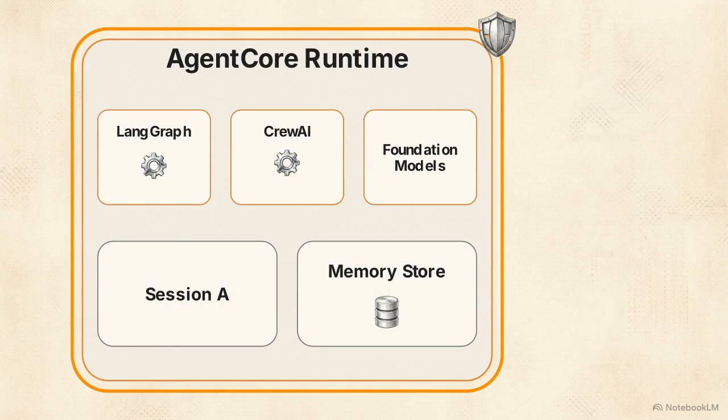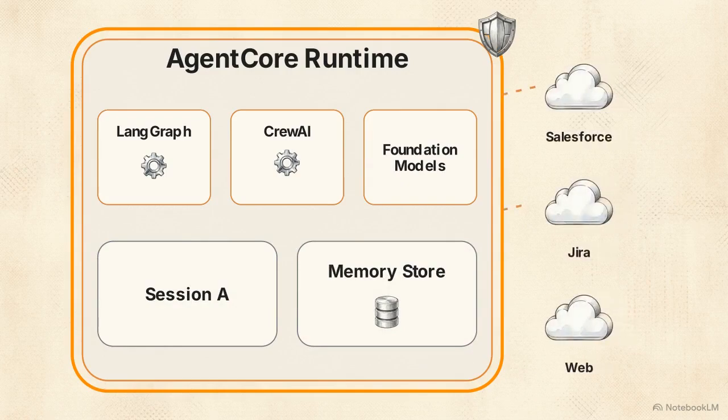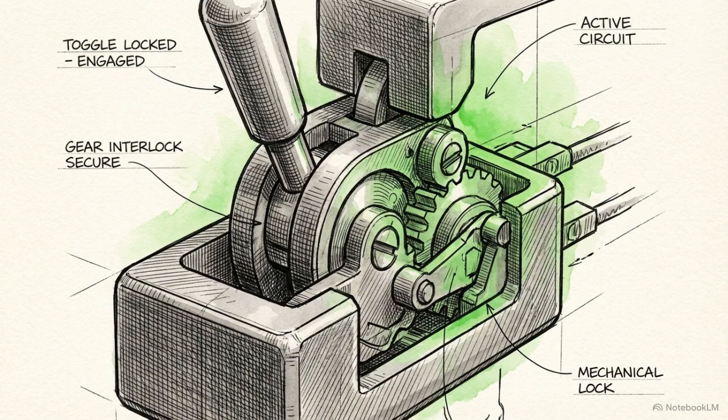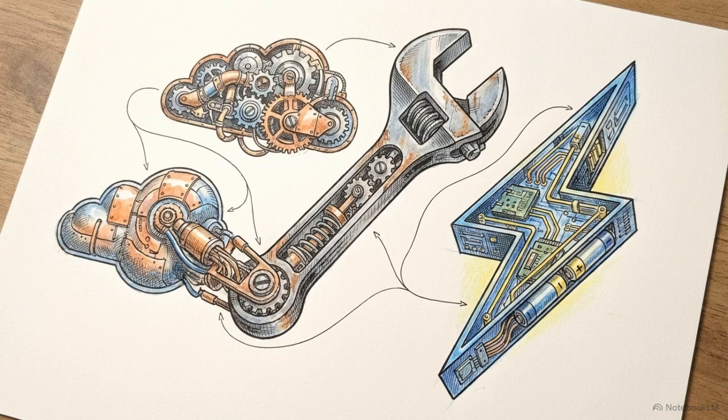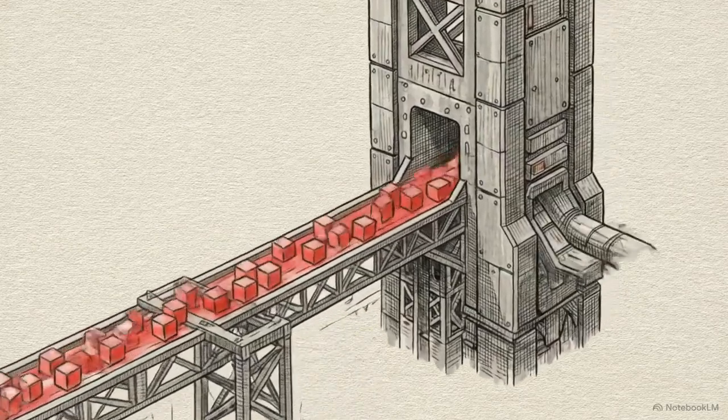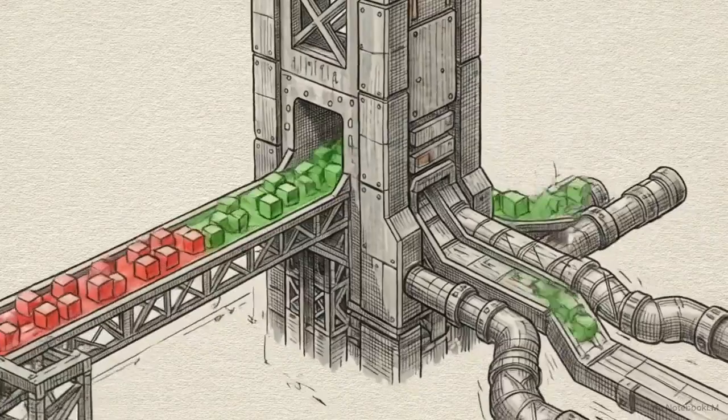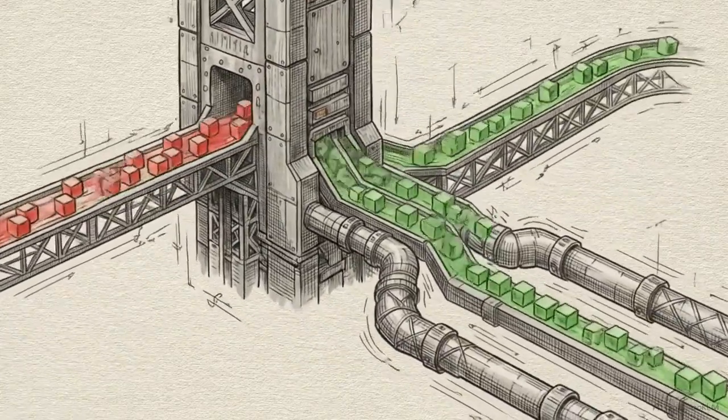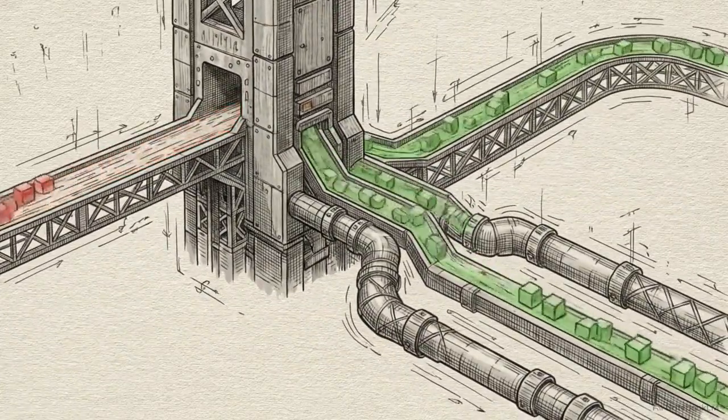While the runtime secures internal reasoning loops, the agent still needs a way to safely reach the outside world to execute real tasks. The runtime guarantees internal execution stability. The next step is controlling external access. Agents need to execute workflows across external services like Salesforce, Jira, or custom AWS Lambda functions. The AgentCore Gateway serves as the strict translation and enforcement layer between the isolated runtime and those external APIs.